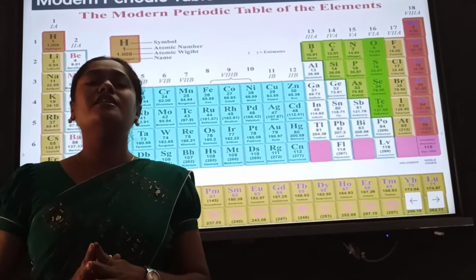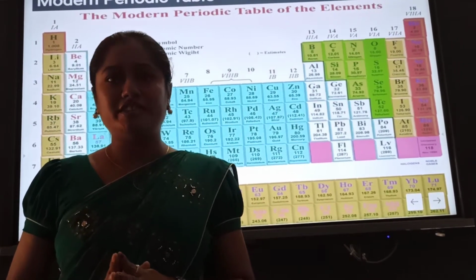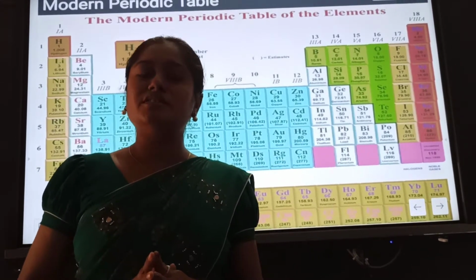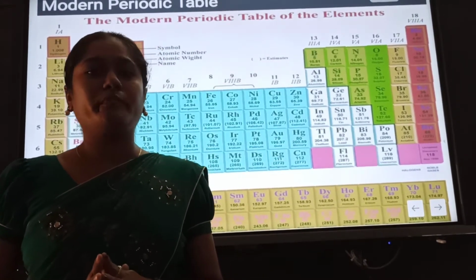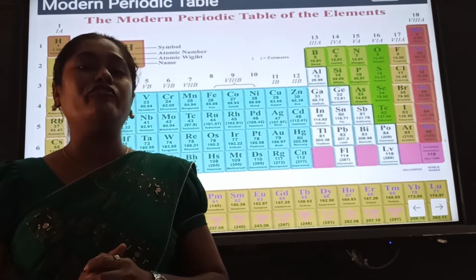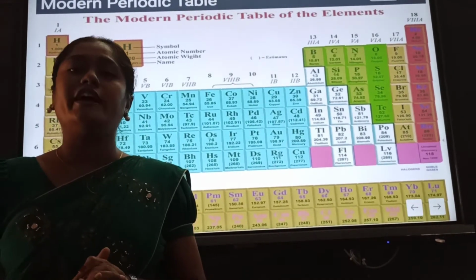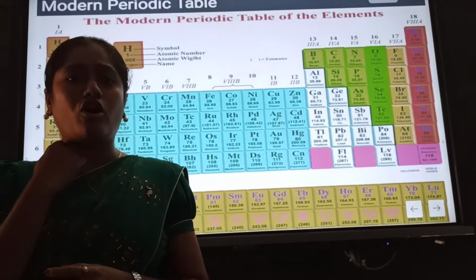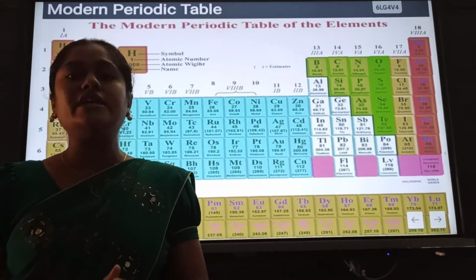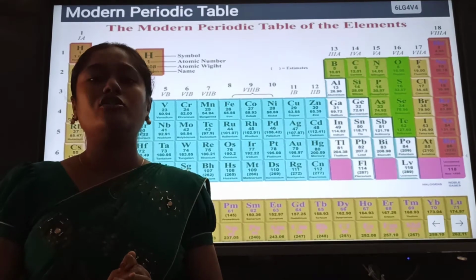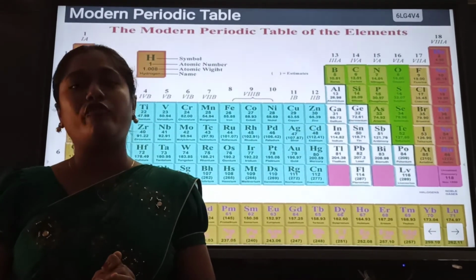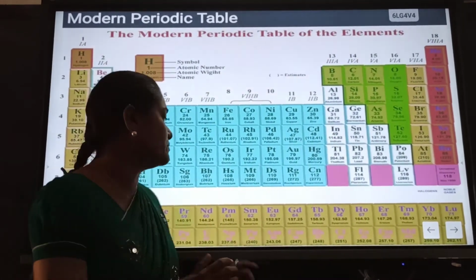Welcome back to the classification of periodic table. In the last class we discussed the Moseley modern periodic table, and I discussed the valence electron. In this class we are going to learn about the atomic size, and how atomic size, electropositivity and electronegativity contribute to the construction of a periodic table.